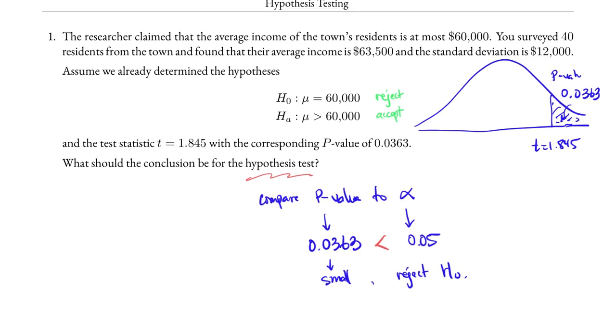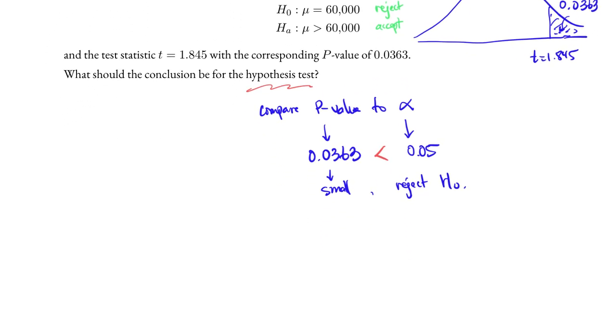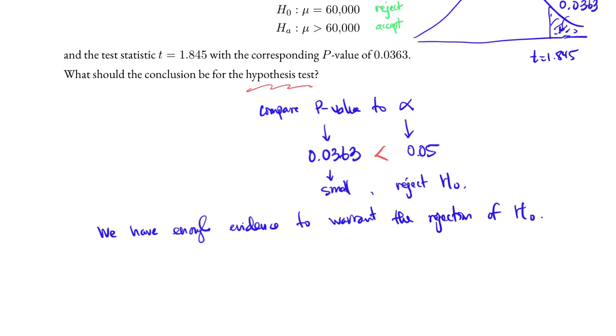The language for the hypothesis testing conclusion is colorful. We might say we have enough evidence to warrant the rejection of the null hypothesis. But again, we reject the null hypothesis, meaning that we conclude that the mean or the average income of the town is more than